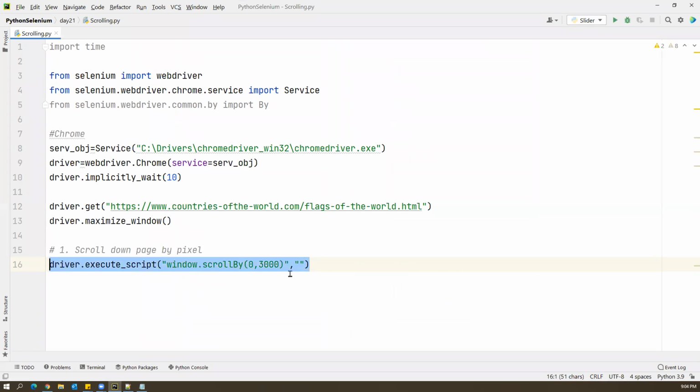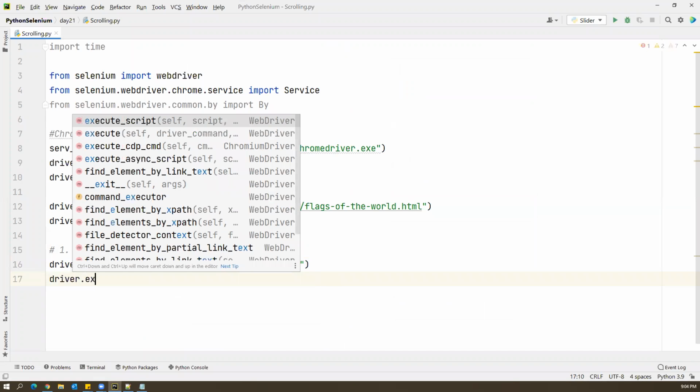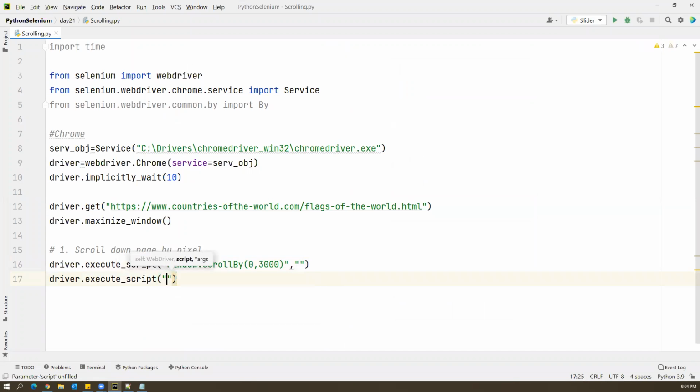How to capture it after the movement is done? Here we can write one more statement, that is driver.execute_script again, and here we have to pass one argument called return window.pageYOffset. Okay, these are the predefined parameters, guys. You have to remember this, no other way. Even the semicolon is also part of the statement. So: return window.pageYOffset;